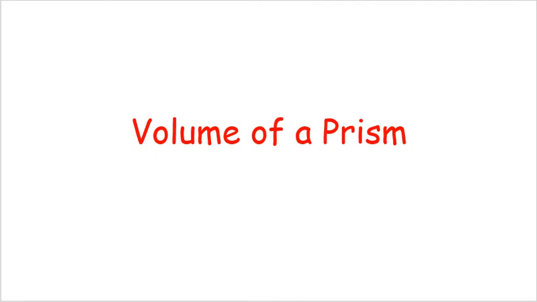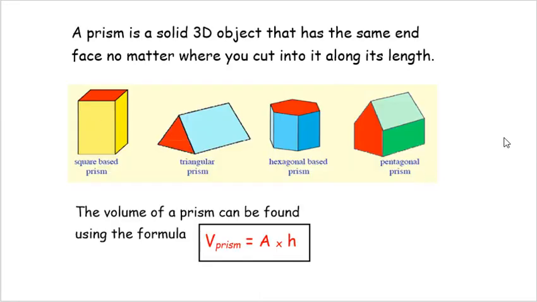We will just start by talking about what a prism is in the first place. I have 4 examples here of prisms. Now, a prism is a 3-dimensional object, and hopefully you can see in each of these objects I've got here,